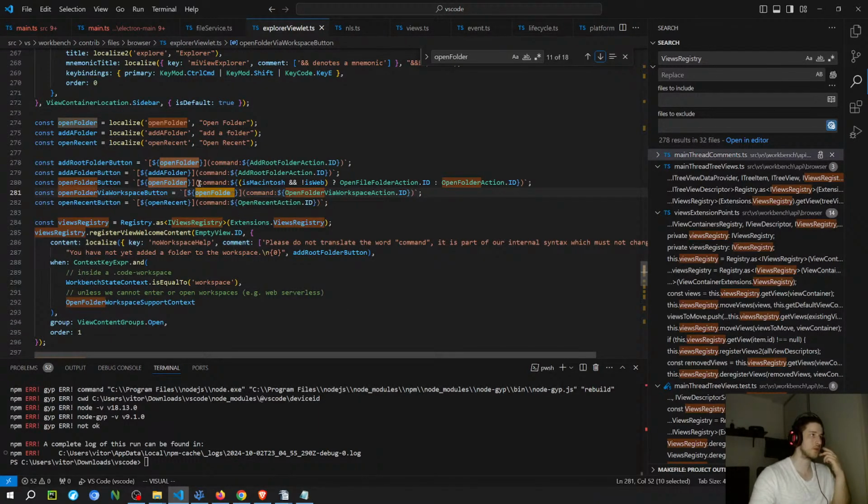So they're building the string with this pattern here. I think it's basically the same pattern as Markdown, where you put the link on the... I always forget the order. I think